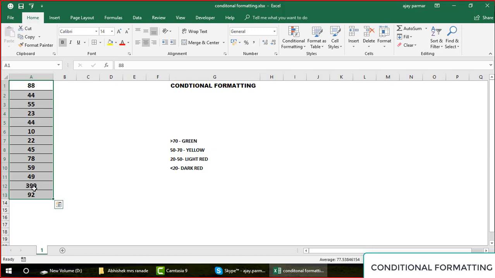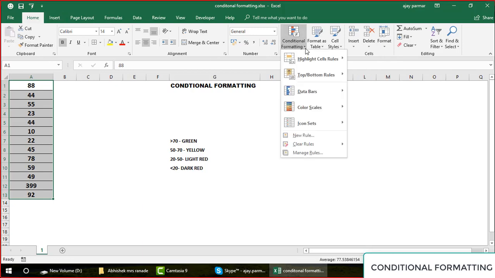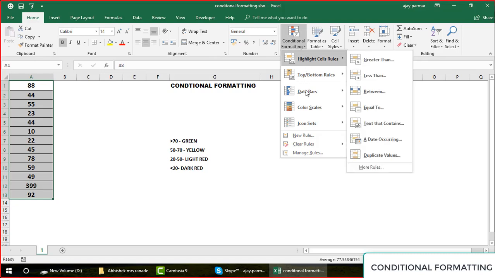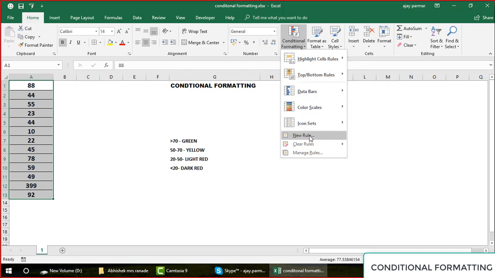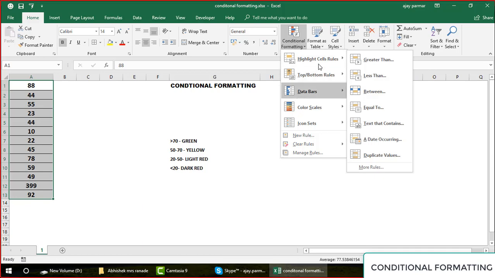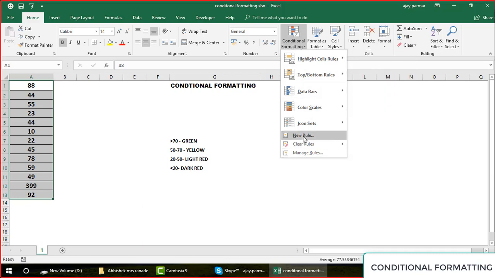So we first select the entire table where we want to target the things, and then we go to the Home tab. This is my Home tab, and you can go and click conditional formatting. You'll get a lot of options, but we'll get these options in the new rule also, so no need to get distracted here. All these options are available in the new rule also. Now, new rule, clear rule, manage rules will do all the things. First of all, new rule is when you are going to set up the criteria. So we will use the new rule.